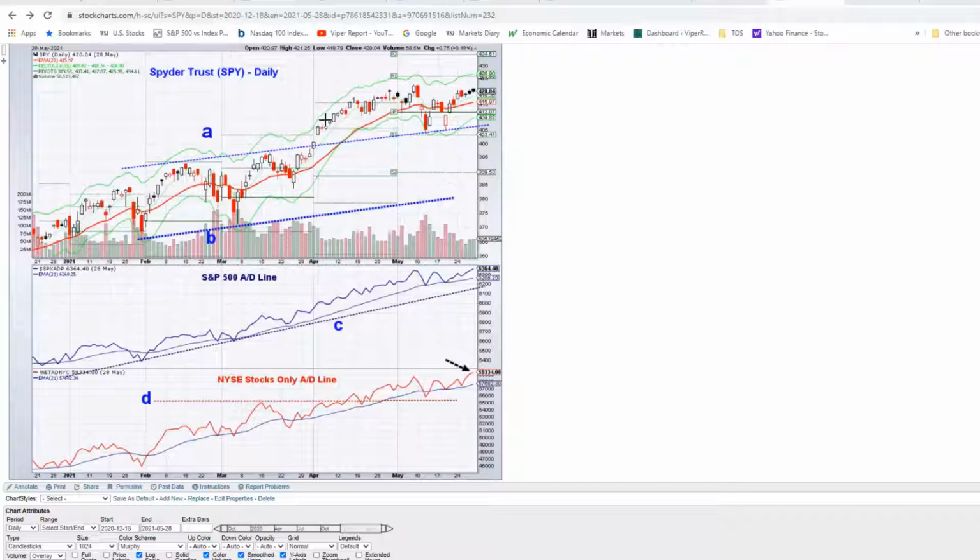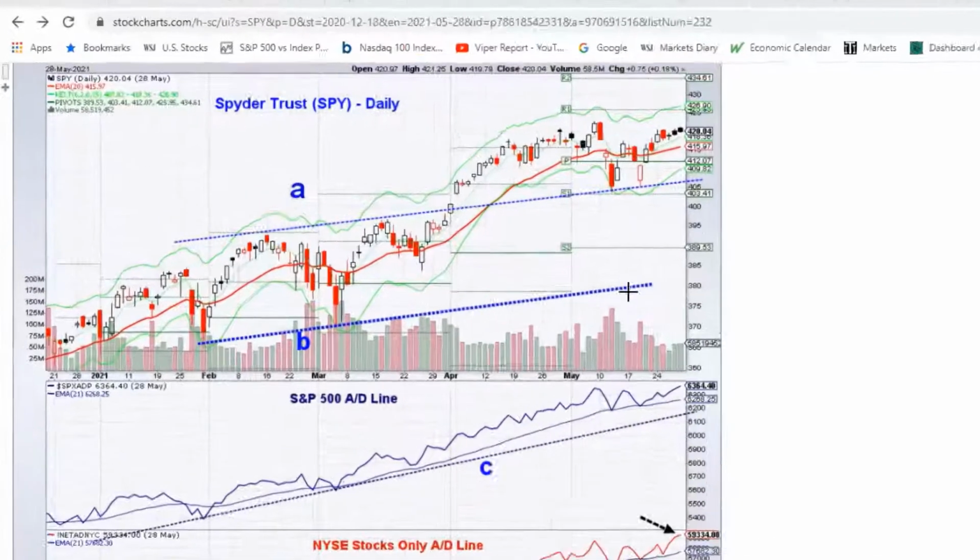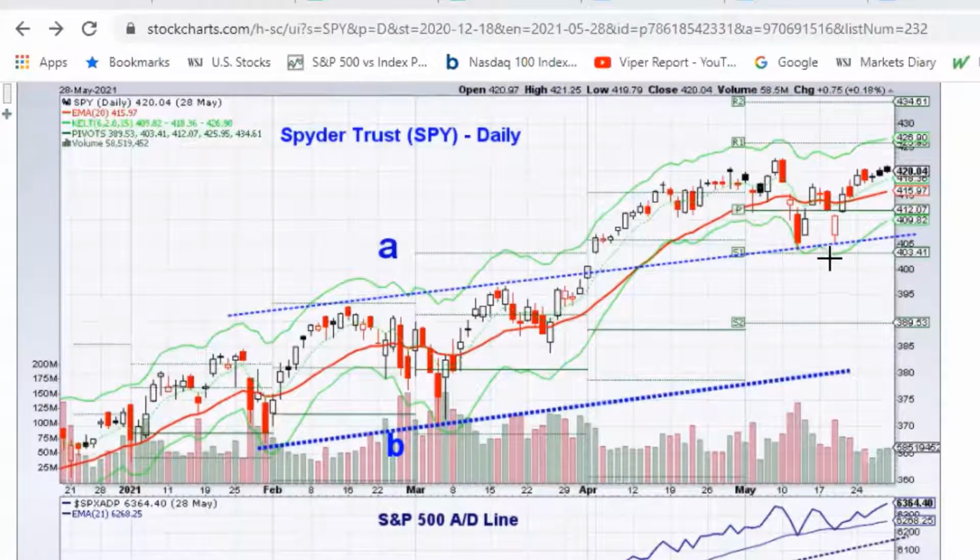So this is the chart. We're on the stock charts: the Spider Trust, Keltner Channels, monthly pivots. I've got lots of feedback from a lot of you this year about how effective and useful you're finding the pivots to be. I got a lot of feedback and did an hour-long